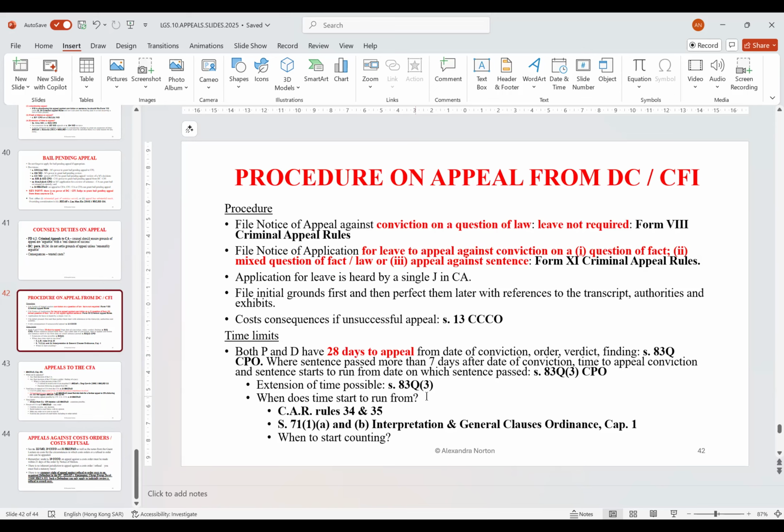But a critical question is, Section 83Q just refers to 28 days from the date of conviction. It doesn't say anything about clear days or anything like that. So what do we mean by from the date of conviction? The answer is we actually have to look at Section 71, subsection 1A and 1B of the IGCO. So let me stop sharing for a minute. Let's go back to the e-legislation site. Let's go to Cap 1,